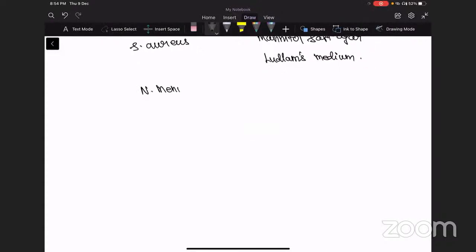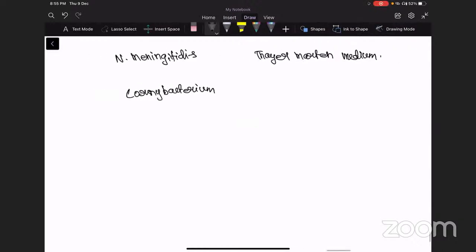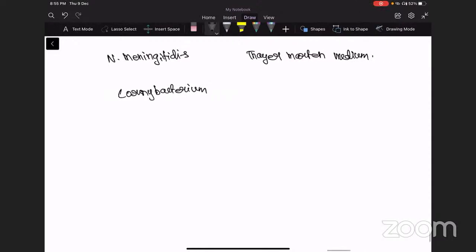Neisseria meningitidis: we have Ayre-Thayer-Martin medium. Corynebacterium: potassium tellurite agar,